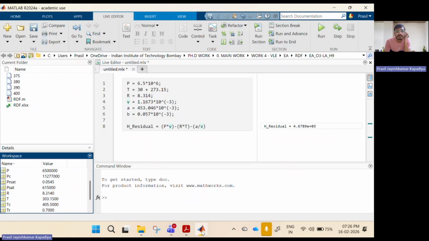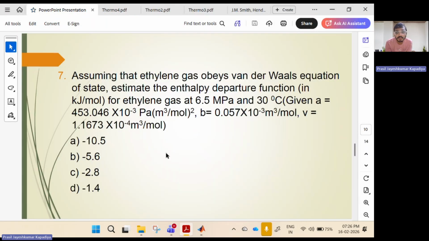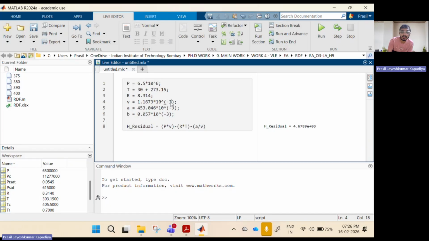Is V 10 to the minus... Okay, yeah, here it is minus 4. I'm so sorry. Here V is minus 4. That's why we are not getting it. Yeah, so this is 10 to the 3. So if I divide the whole equation